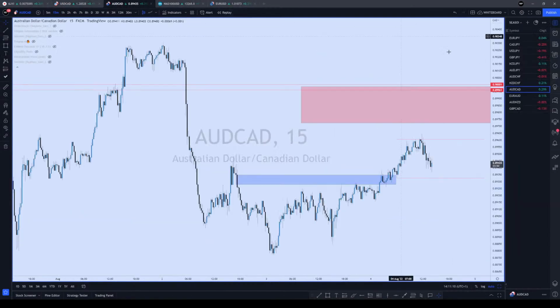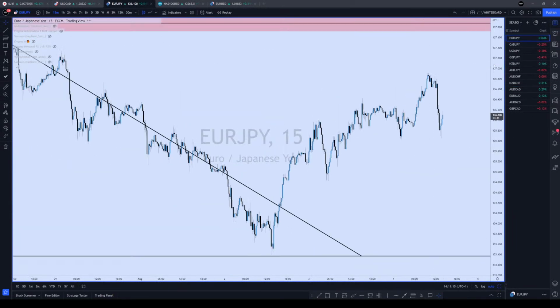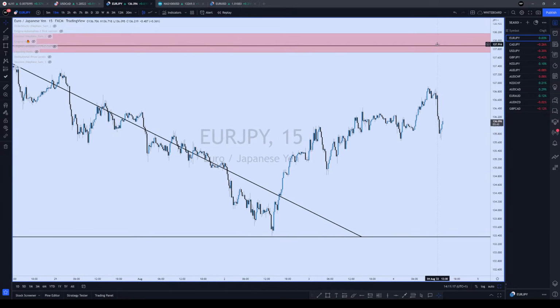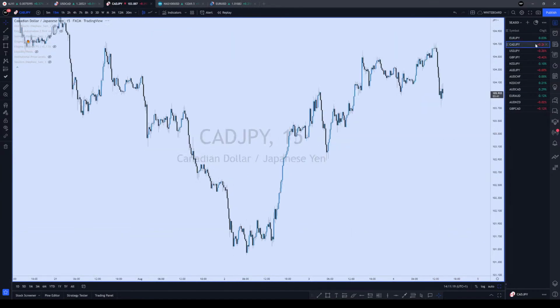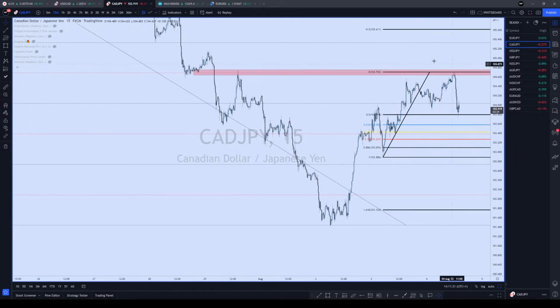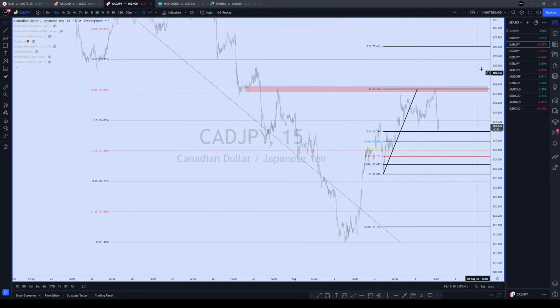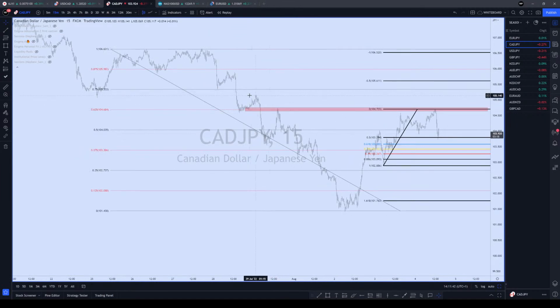Let's go over here. The yen pairs, I still think it's got one more push to the upside. So I did measure the range and they all pulled back into some form of a retracement. So I'm expecting a move back up again, right? At least on CAD yen, I want to see them up here. Okay, I want to see them up here.